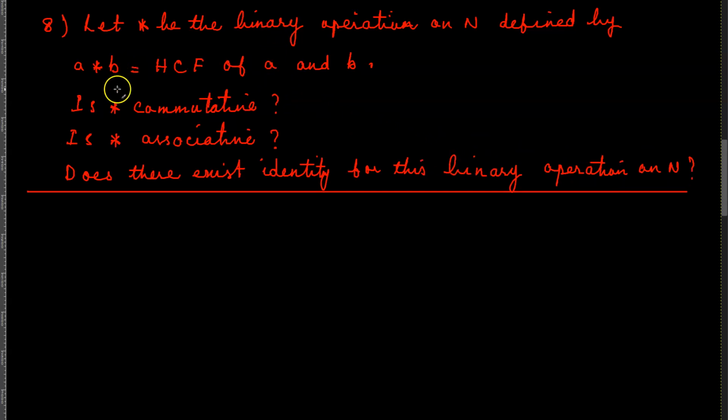So in order to know whether star is commutative, of course, when you take the HCF of two numbers, first we need to think about what the HCF of two numbers is. That is the highest common factor of two numbers. Suppose, for example, you're taking the highest common factor of 2 and 6, HCF of 2 and 6. So 2 is the same thing as 1 times 2, and 6 is the same thing as 2 times 3. So the common factor between the two numbers is 2, and that's the highest common factor between the two numbers,